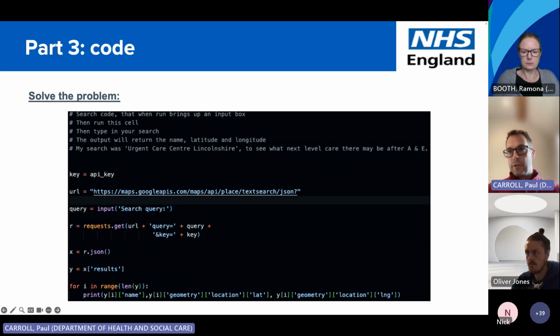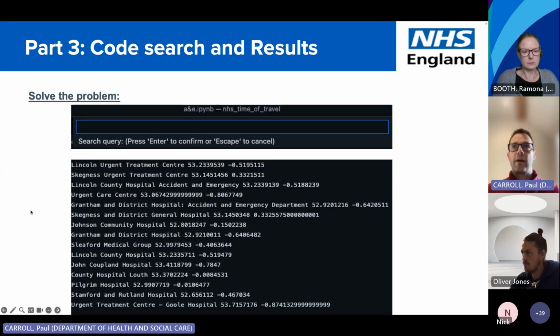So this search here, this is just the code. What this produced when I searched for urgent care centres, the next level down in Lincolnshire, produced what you see at the bottom here. So you have Lincoln Urgent Treatment Care Centre and the longitude and latitude. If you combine the two,